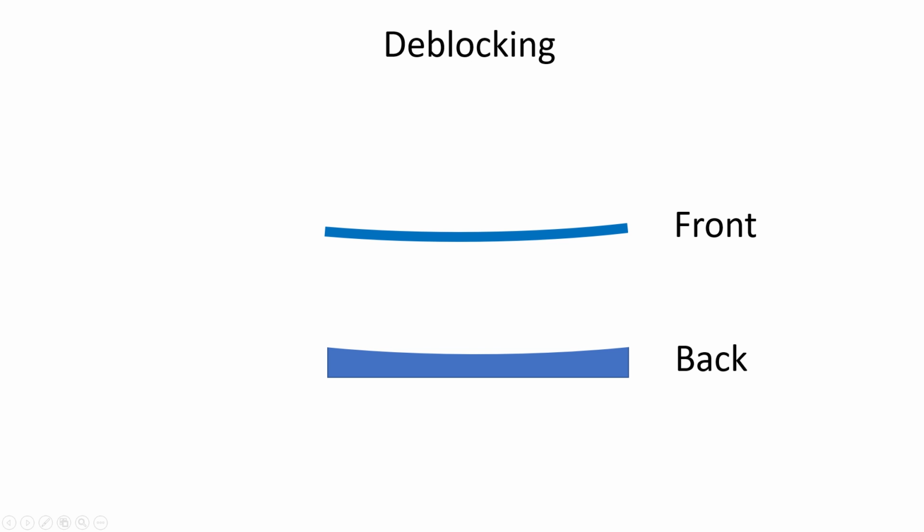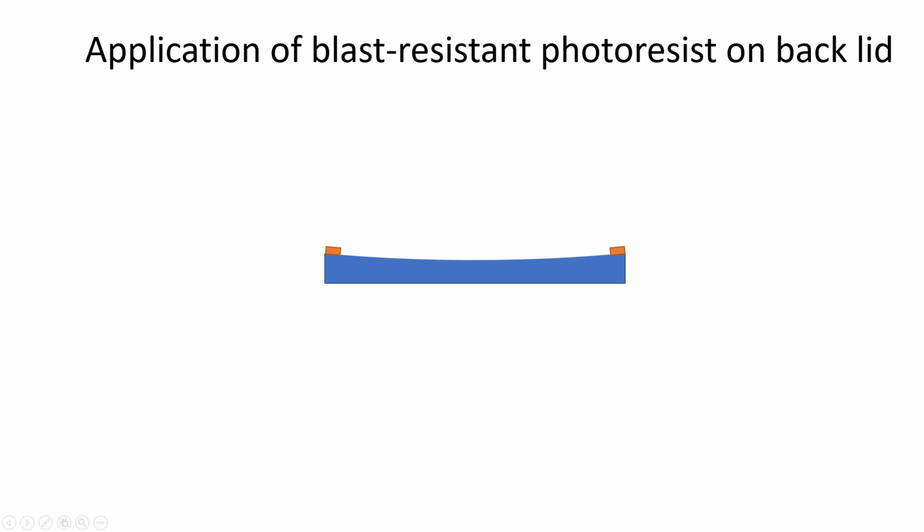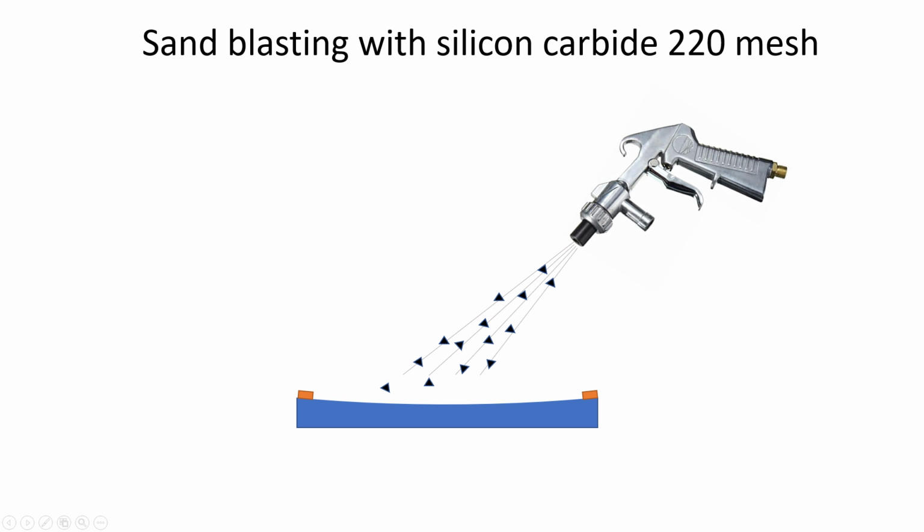Then after deblocking, I ended up with two main parts of this mirror: a concave front surface with approximately constant thickness and a backplate that nicely fits the shape of the front part. The next step was making a cavity in the backplate to make the mirror hollow, and this was done by first applying a sandblast resistant layer at the edges of this part and then blasting a cavity of a few hundred microns deep in the backplate.